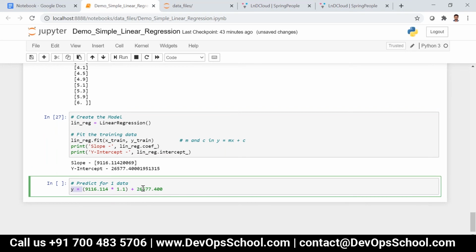If you want to consider the full value, you can, no problem. So I'm just checking it. There is the salary for 1.1 years of experience.